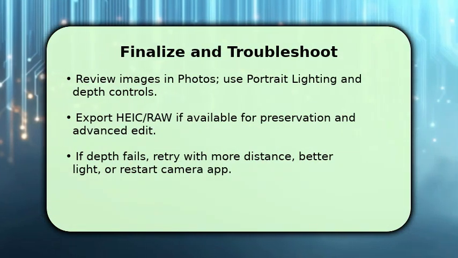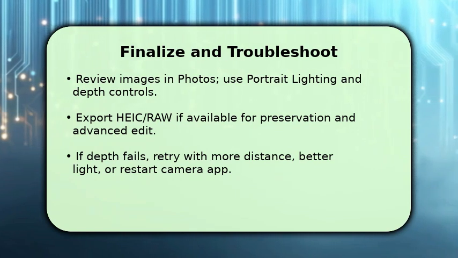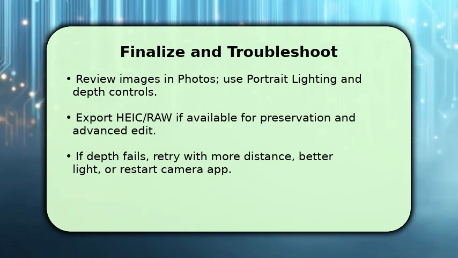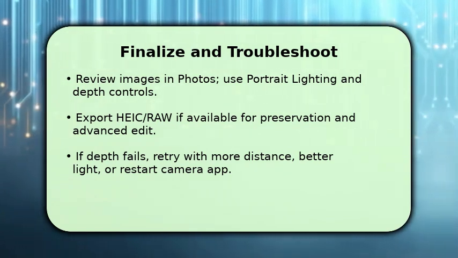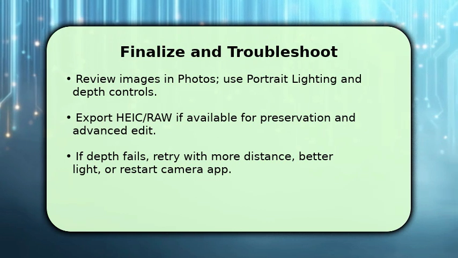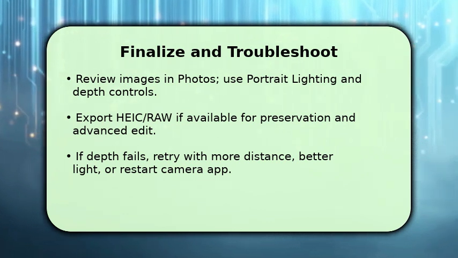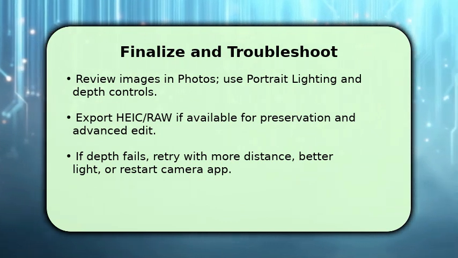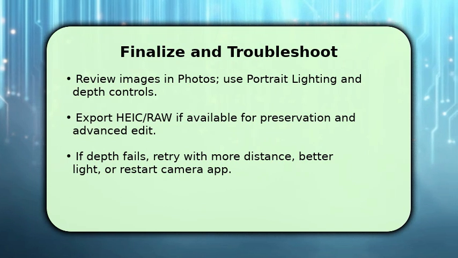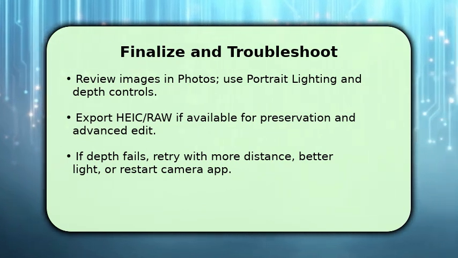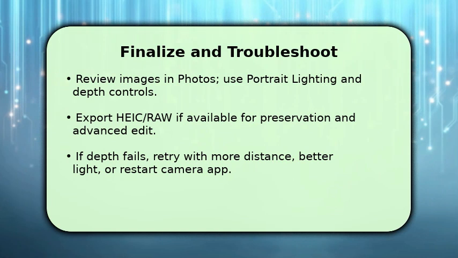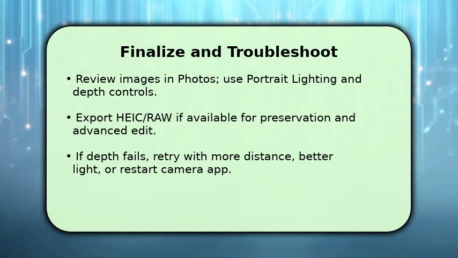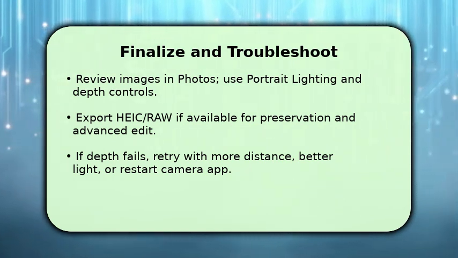Open photos, use portrait lighting and the depth control slider to adjust background blur and emphasize the subject. If you need maximum detail, export the HEIC or RAW file for advanced editing where depth maps remain usable. If the spatial effect looks wrong, try again with brighter, even lighting, increase distance slightly, or restart the camera app to clear any sensor hiccups. One troubleshooting tip: if depth consistently fails, switch to a different